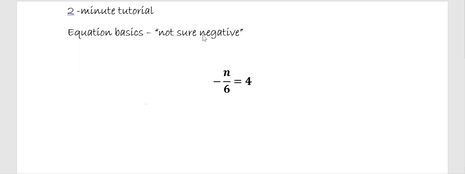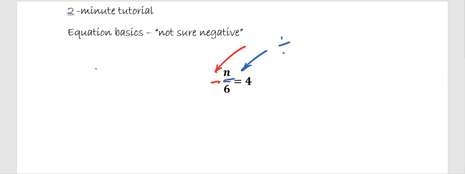In this edition of the 2-minute tutorial, I will deal with what is referred to as the not sure negative. This negative sign in front of our fraction can drive us crazy. We should know already that that fraction bar is a division bar. So I know that there is division between n and 6, but I don't necessarily know where to put the